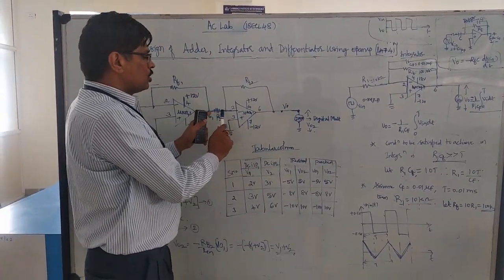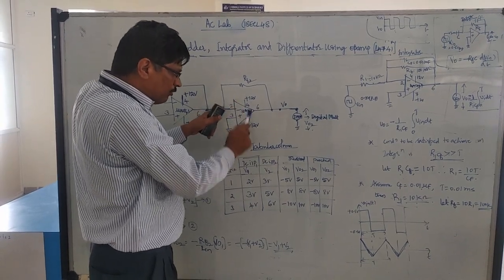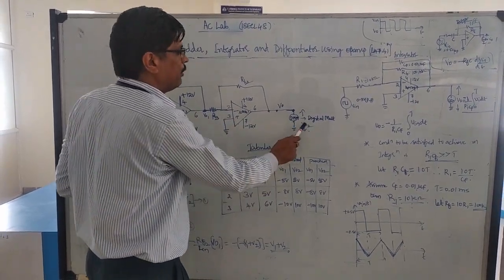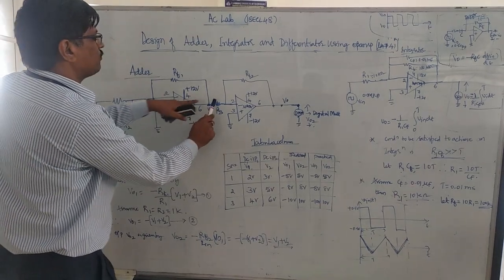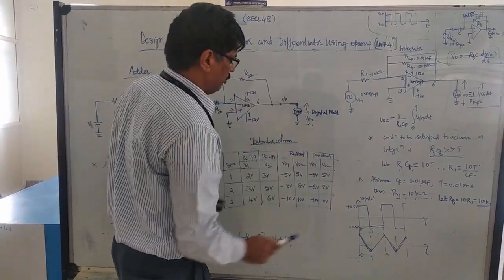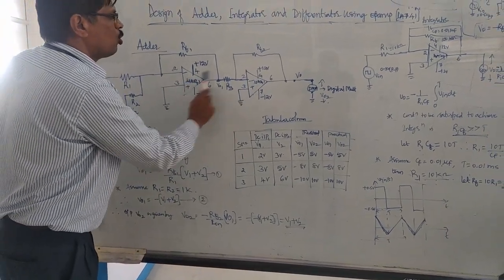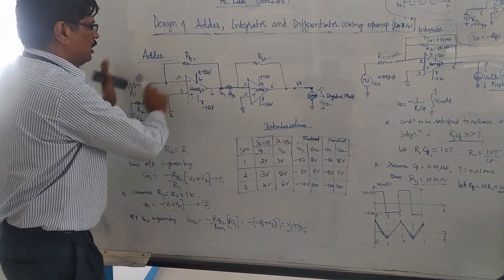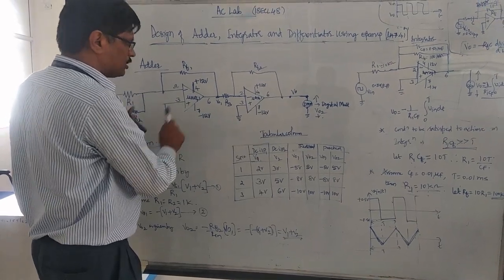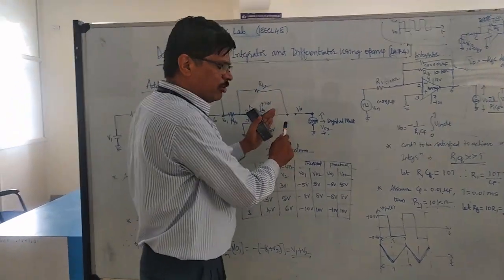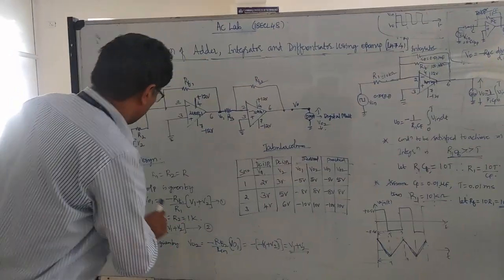Then one more op-amp is used to get inverting only. Inverting of inverting you will get as plus. For example, if V01 is equal to minus 5 volts, you will get plus 5. That's what we are doing here. Now let me show the design. This is the circuit with 2 op-amp ICs. One is inverting, so you get the inverting of the inputs, and once again one more inverting stage gives the normal output.